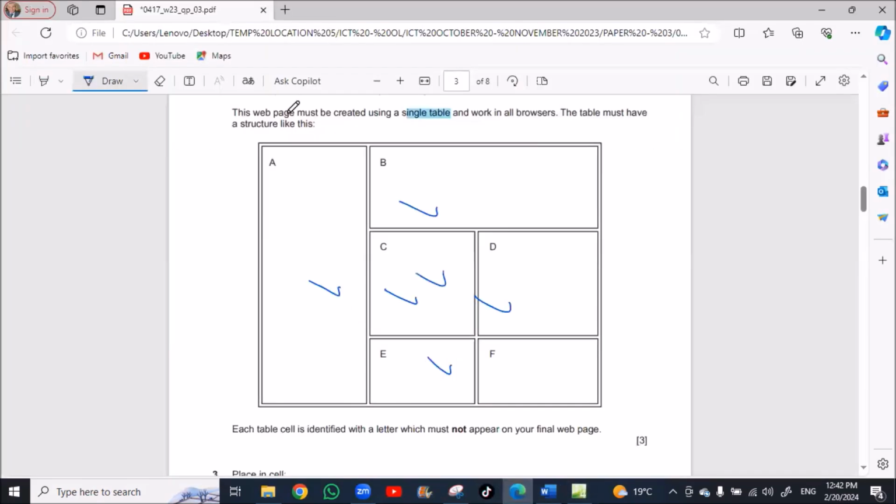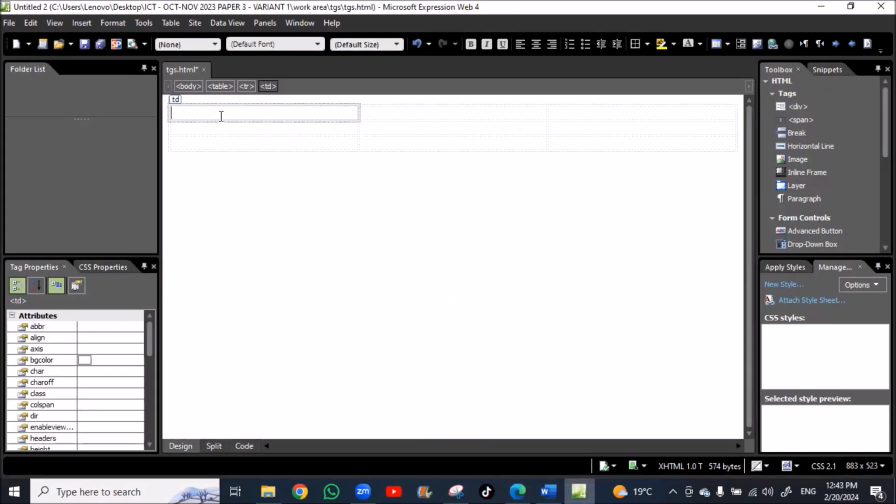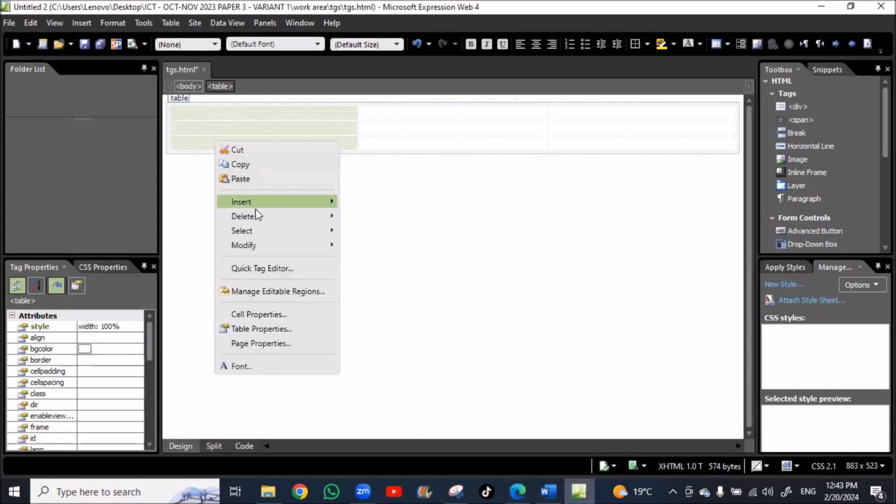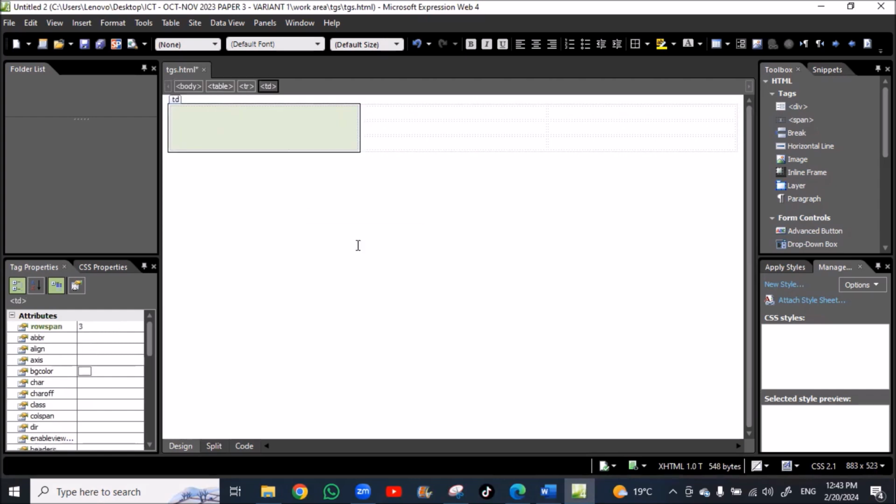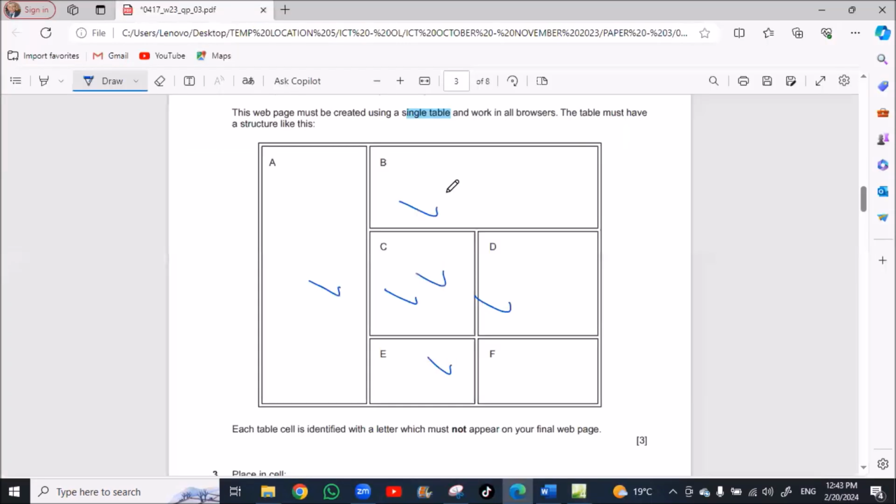The first 3 cells will be merged. So we'll select these 3 cells, right click, modify, merge cells. And we'll write here A just for declaration. And we have to delete these characters when we use the cells. B are merged too.